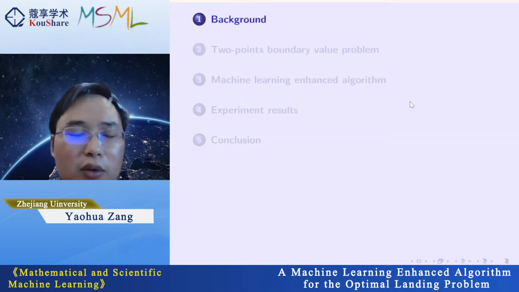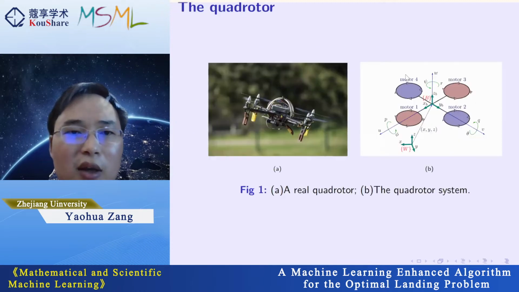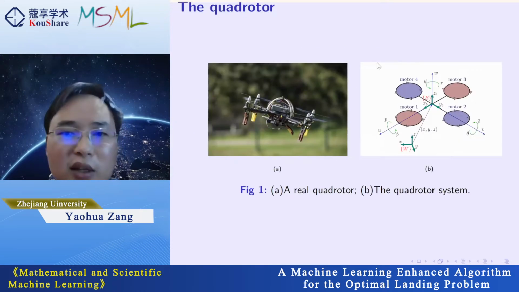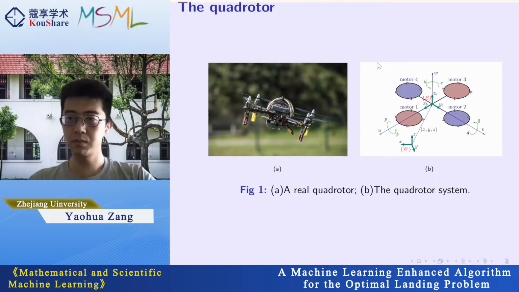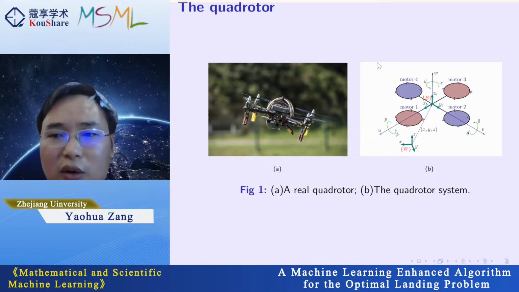First, let's go to the background of this talk. In this slide, we can see there are 2 images. The first image is a real core router, and the second image is a system diagram of the core router. As we can see from the first image, the core router has 4 rotors. Some rotors usually rotate in the same direction, and the other rotors usually rotate in the opposite